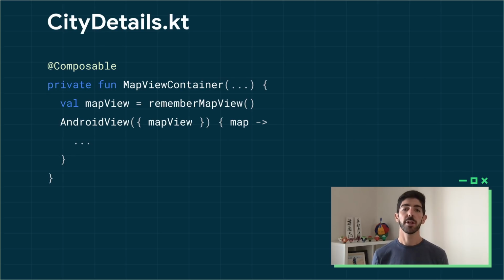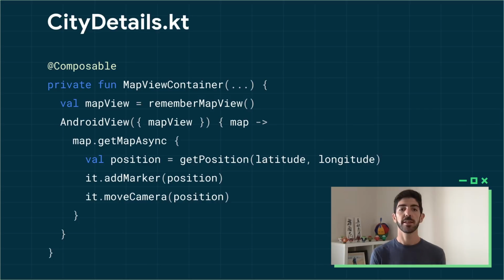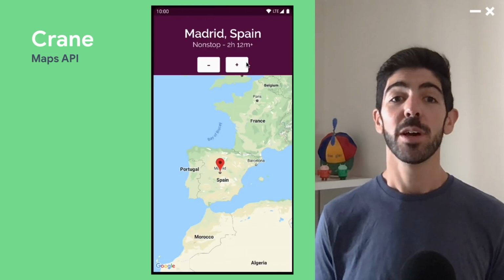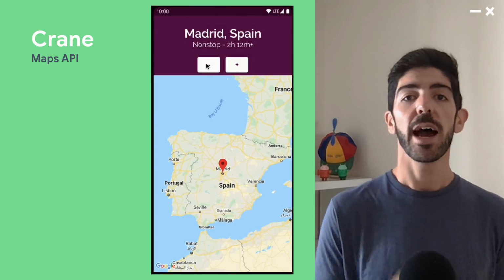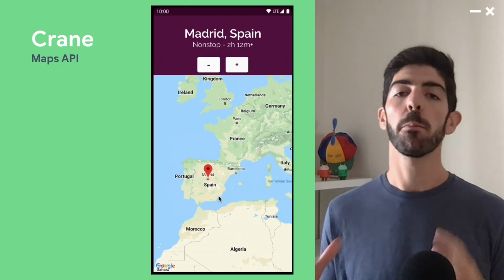In MapViewContainer, we create and remember a MapView. Then, we call AndroidView with the lambda providing it. In the callback, we can have code as if we were in an activity or view. Here, we call getMapAsync on the view as the Maps SDK documentation says. Then, we add a marker and move the camera. That's it. What's even better is that you can also interact with the view and communicate between views and Compose